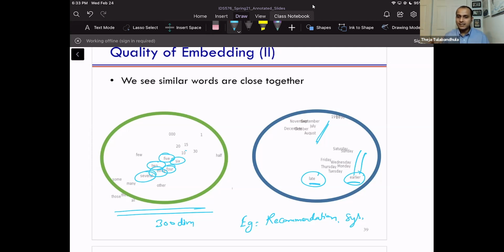Once you have a bunch of sentences, you can embed the words. In this case, instead of words, there will be movies. You can get the vector representations for movies. You've already done recommendation systems in your assignment too, where you are not explicitly doing this, but you are still getting vector representations for movies. But you can get the vector representation for movies using the same ideas as the way you would get word embeddings. Since you already worked on recommendation systems in the assignment, it's good to think about this alternate application.